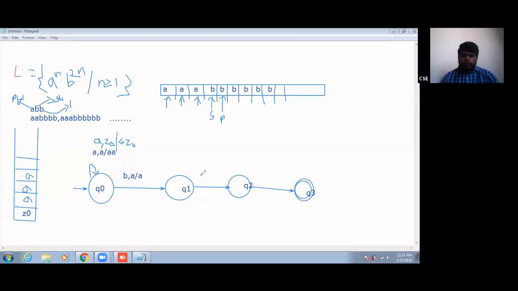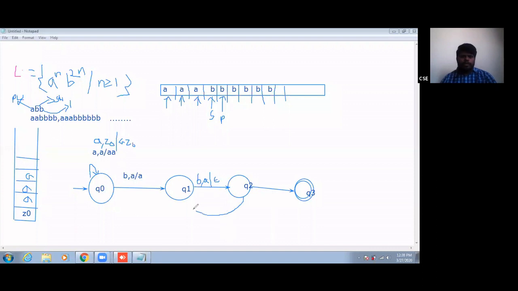So now B comma A, I am performing the pop operation. Now again I need to perform the skip operation for a single A, and this process has to be repeated.